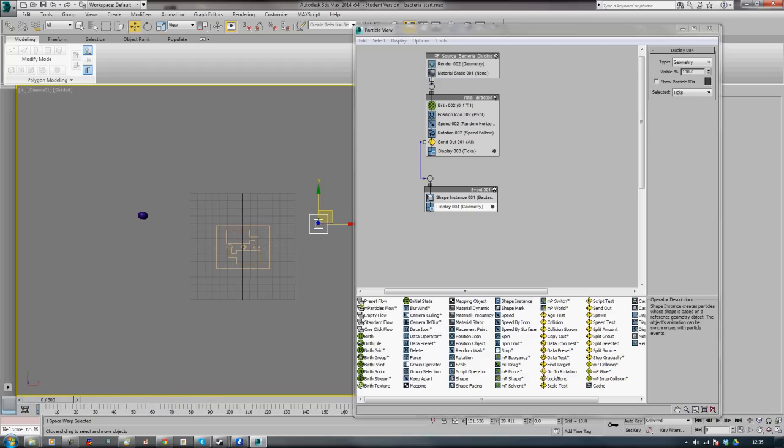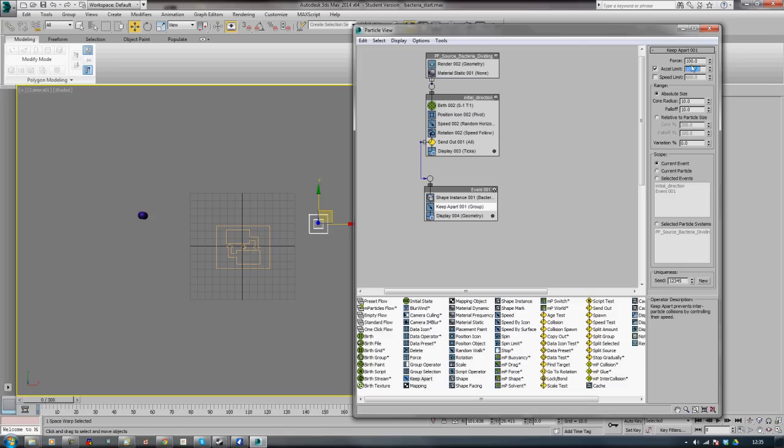Okay then, so next what we have to do is add a keeper part, which I'm just going to add after the shape instance. So if we just look for our keeper part, which is just here. Okay, and I'm going to set the acceleration limit on this just to 100. That way they won't move too quickly, otherwise it'll look a little bit silly. Core and fall off settings will be 50, quite a large fall off. There we go. I'm going to set the scope to the current particle system, like that,